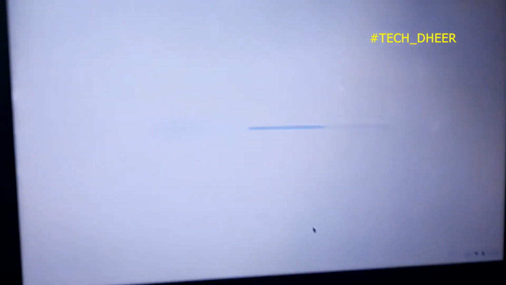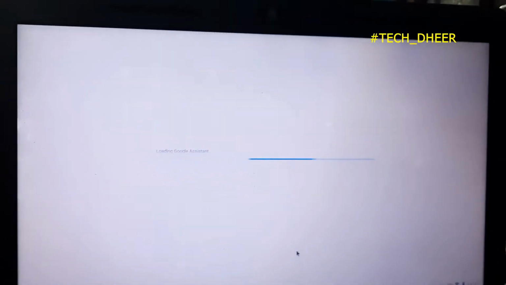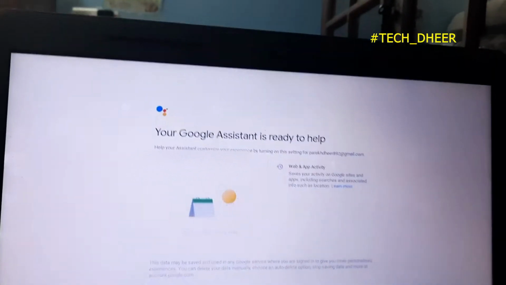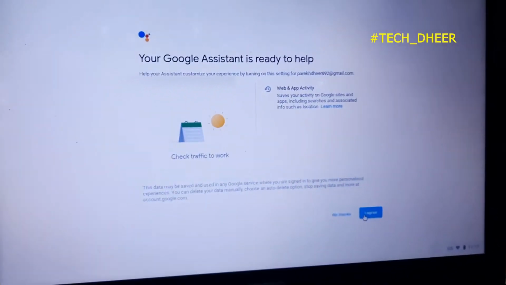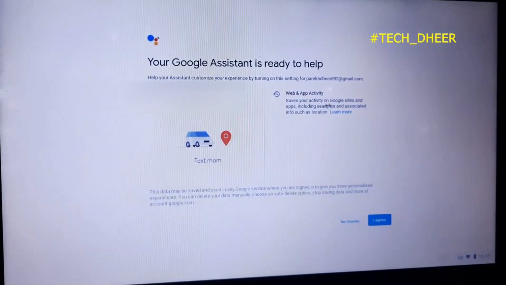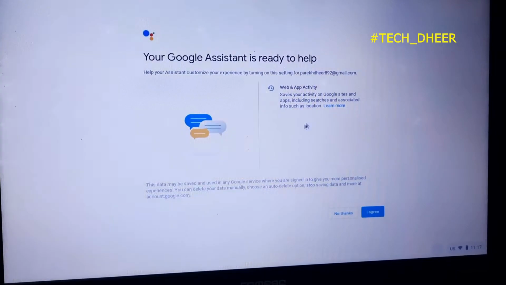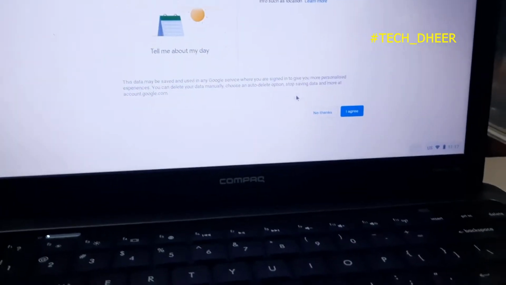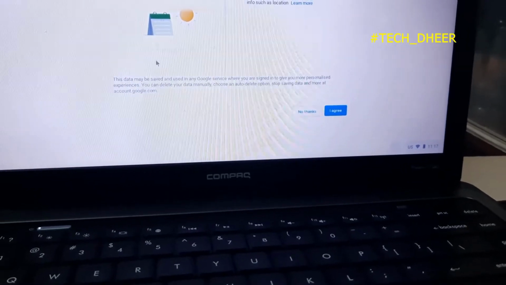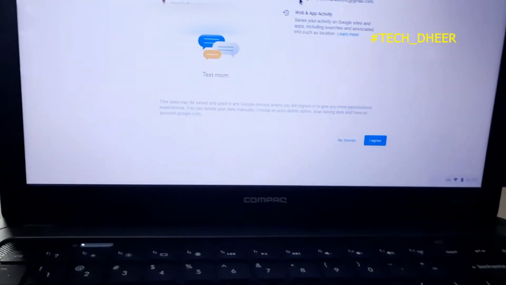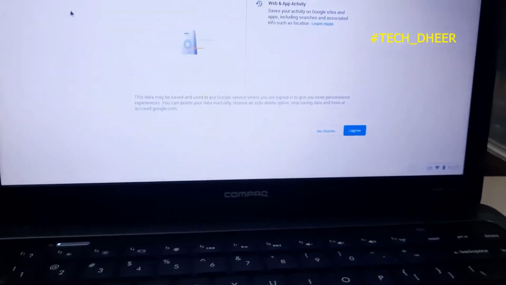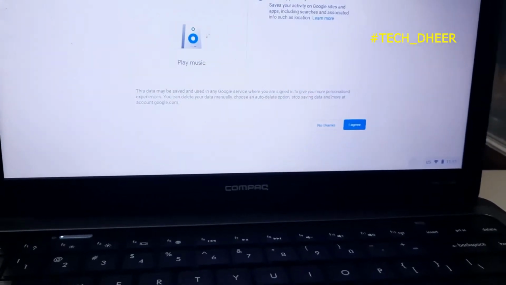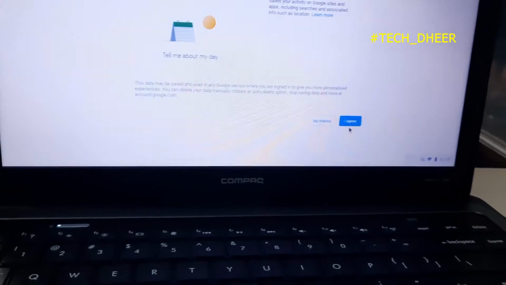Next, you can see it is loading Google Assistant, which is the main feature. I agree. Auto delete, more account. Okay, I will agree to this.